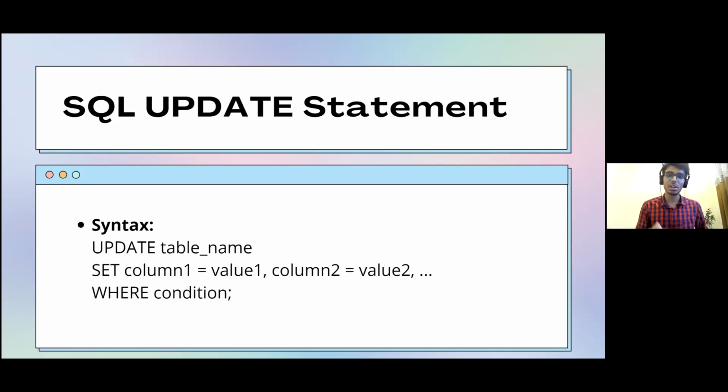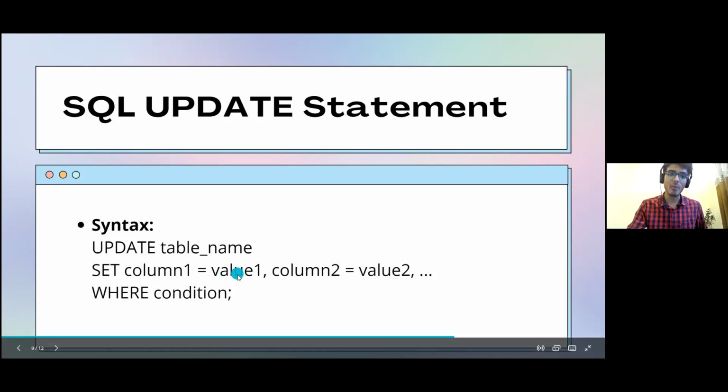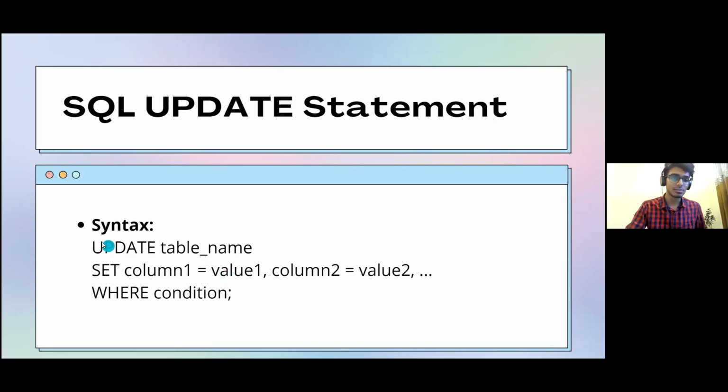So instead of column 1, we will give name, and we will equate it with the value we want to update. I wanted to update my city. There was a column named city in our table. I just wrote the column name there, and we have equated it with a new, updated value. Now what will happen is, if you just run this much of the query, just the update and set, all the values of the column will get updated. It won't get updated for a particular one. All the values will get updated.